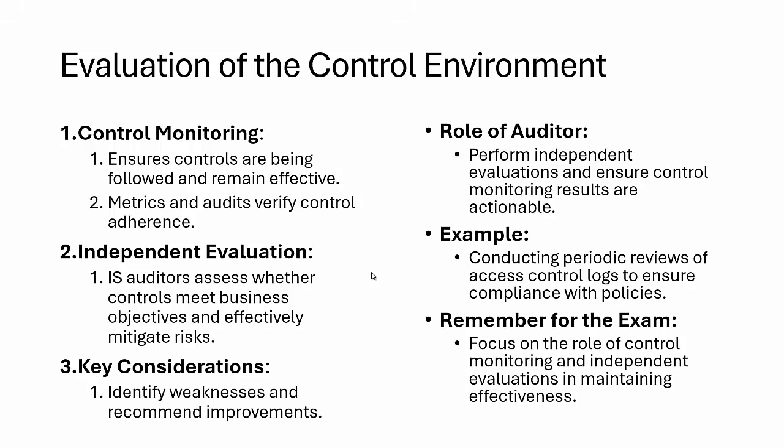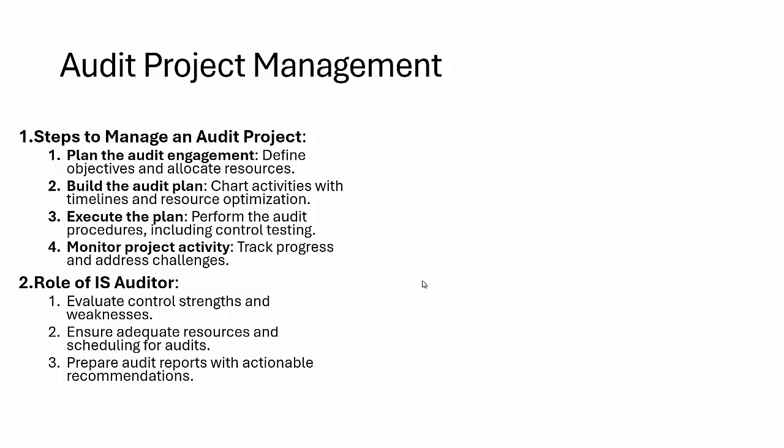Now we are moving to the second part of this domain, which is called execution. Whatever we have covered so far was more about planning. When it comes to execution, one thing we need to understand is that we have an audit project and an audit program. A group of projects equals a program. A project has a start and end time. When we do any audit, we have a particular date to start and a particular date to finish. So always remember, a group of projects leads to the program.